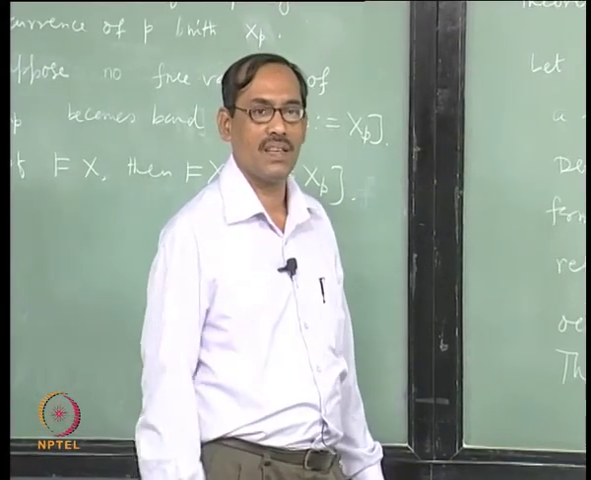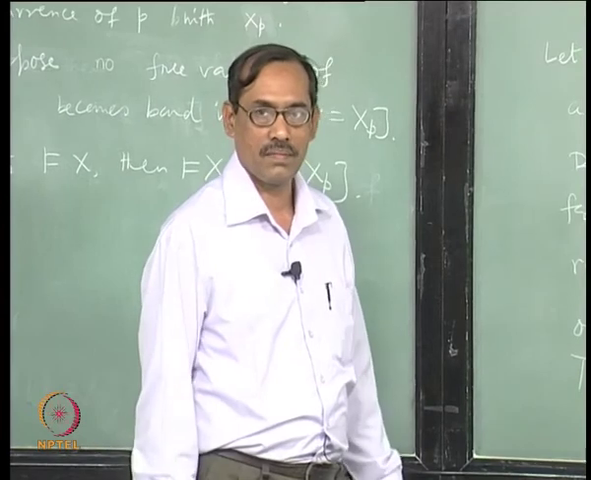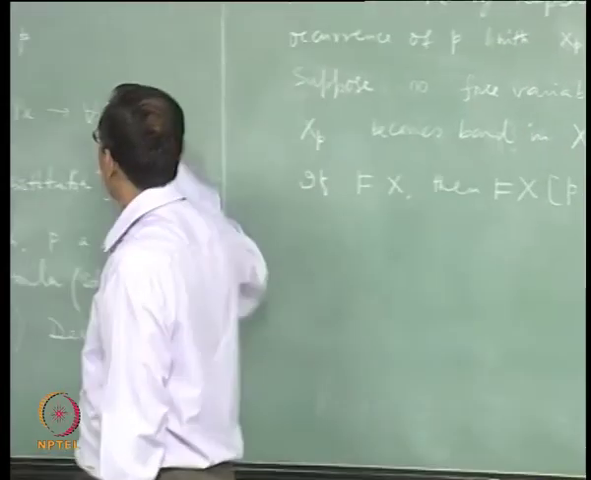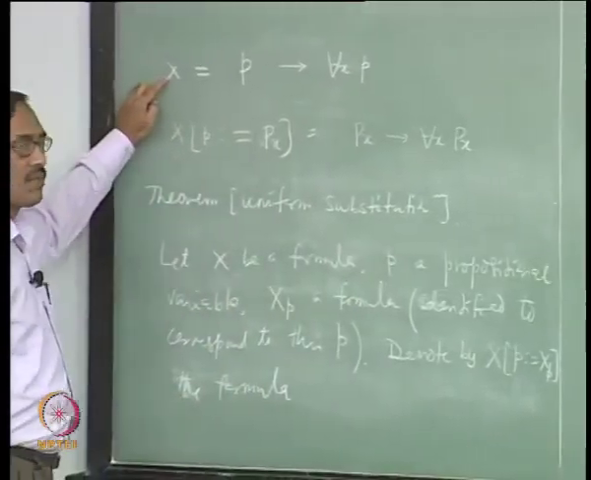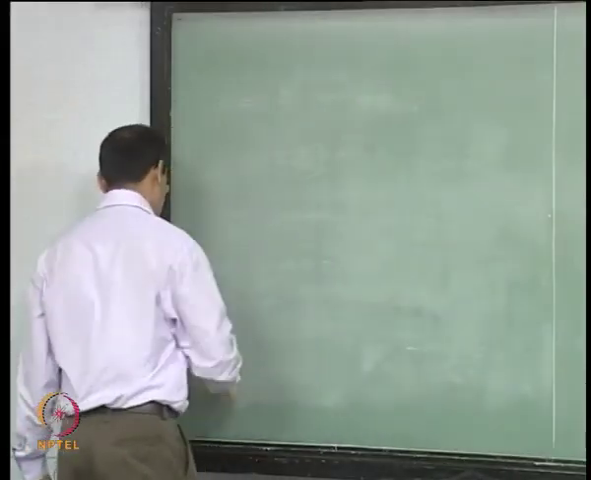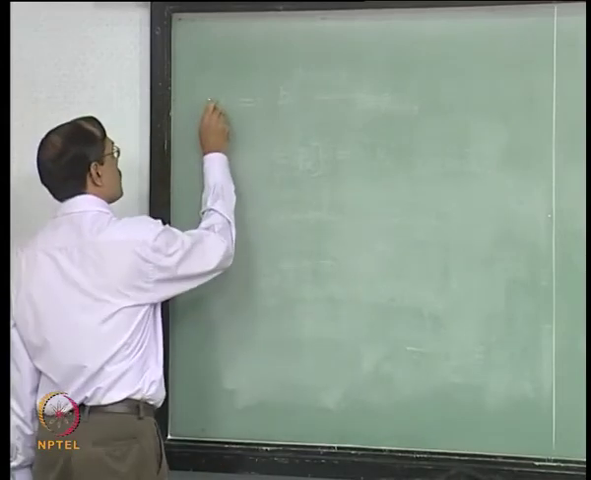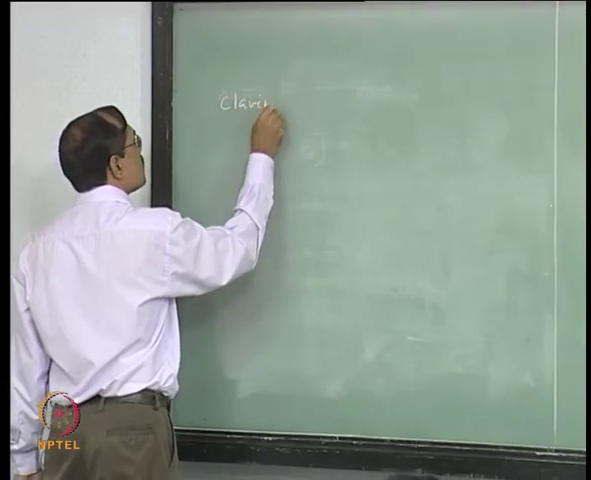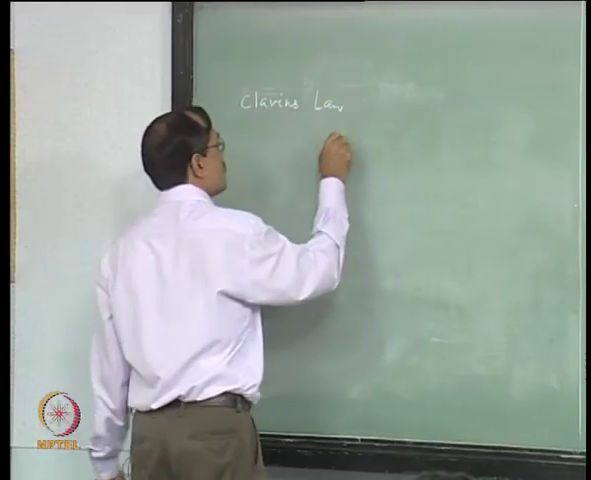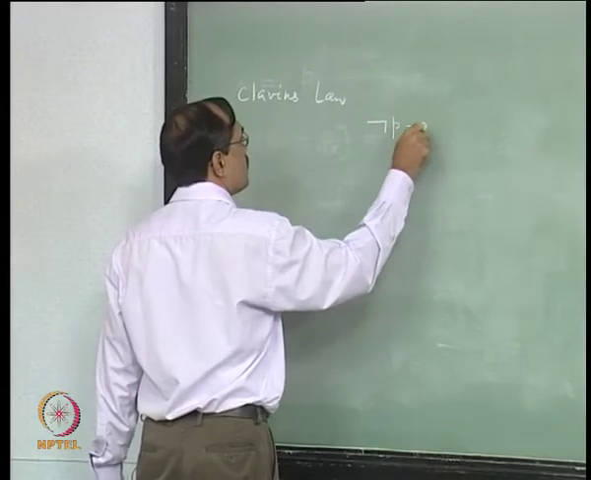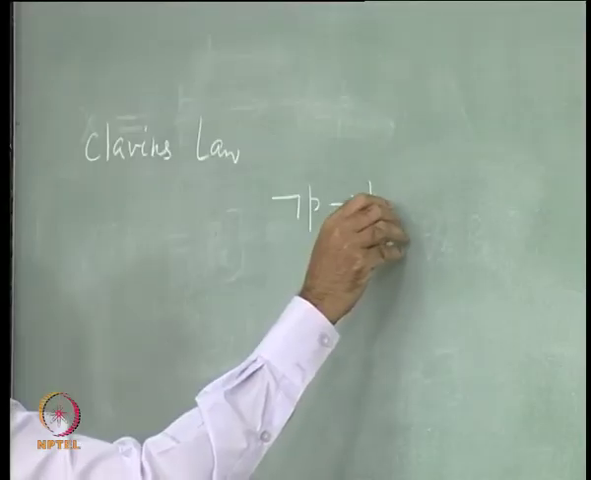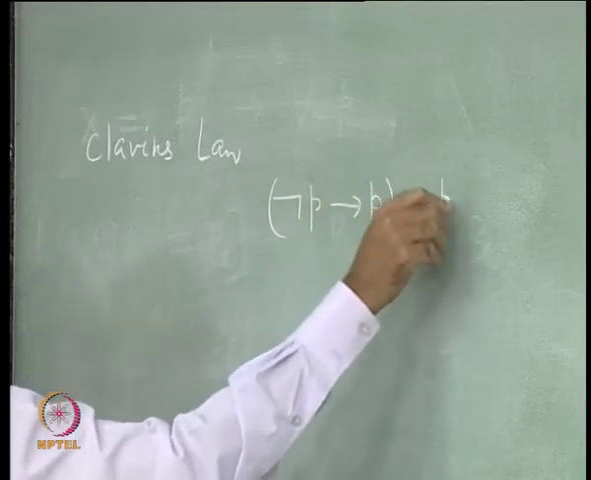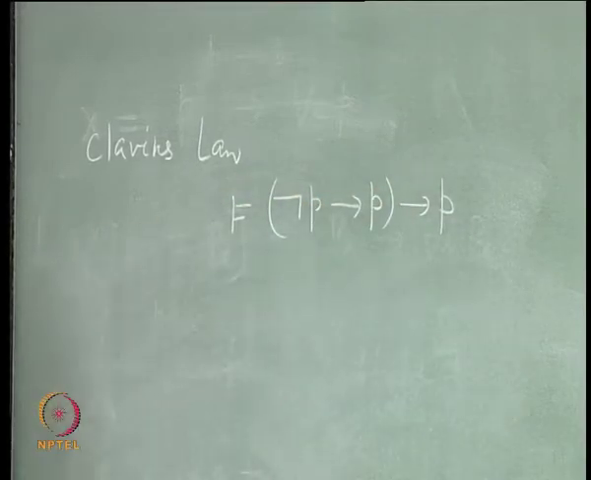to obtain many more laws from the propositional logic and also from the first order logic, right. Let us see some examples. What are your laws in propositional logic? One is the example we have already given. Suppose I start with, say, Clavius's law, which says not P implies P, therefore P, right. This is what it says,